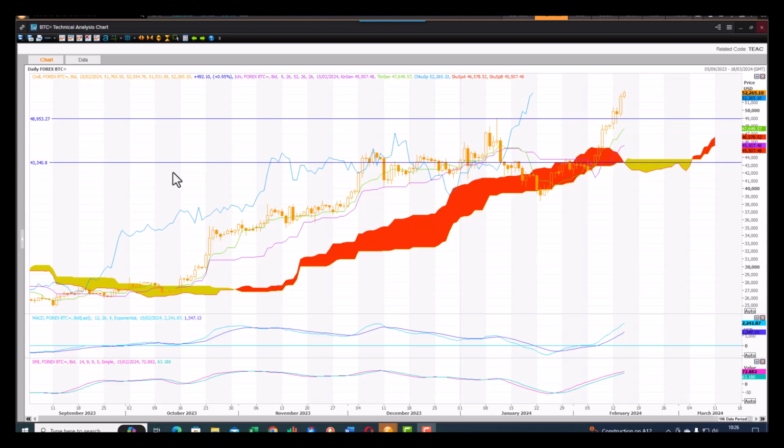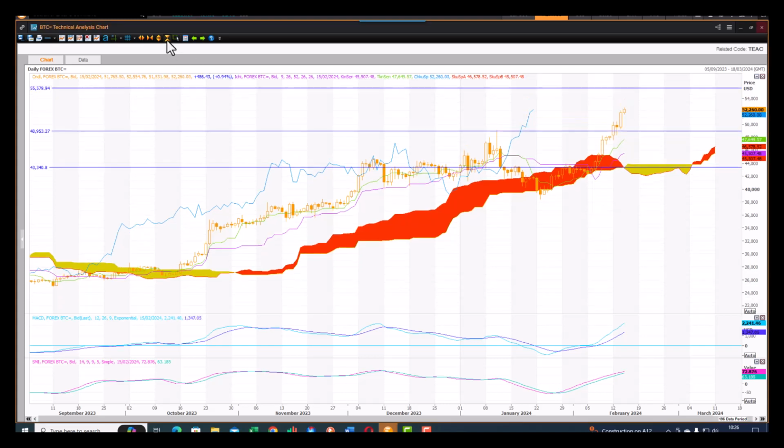I've got the daily Ichimoku cloud up here. Nice little strong rally after rebounding from the bottom end of the cloud here. You can see how the bottom end of the cloud there became a key support zone in this rally. A little bit extended now. This rally, the upside resistance target on this one is